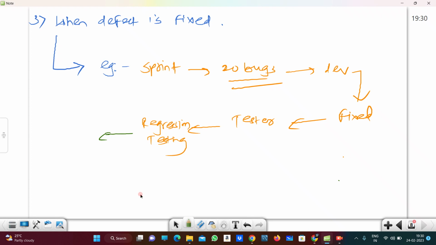Means due to bug fixing, no existing functionality is impacted. So here the tester gives confirmation that the application works fine,